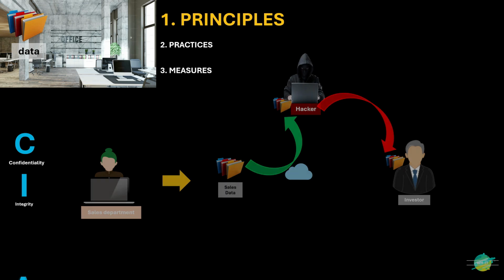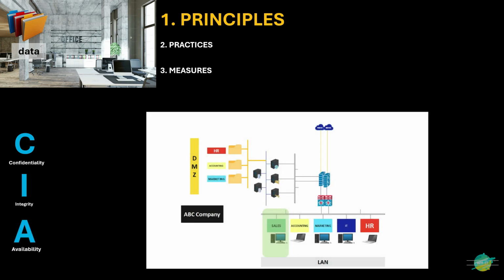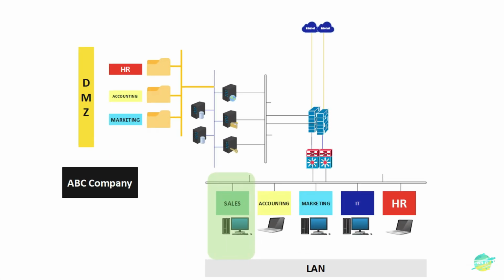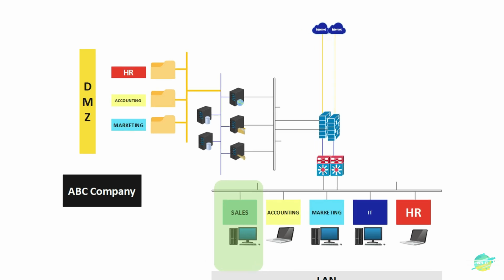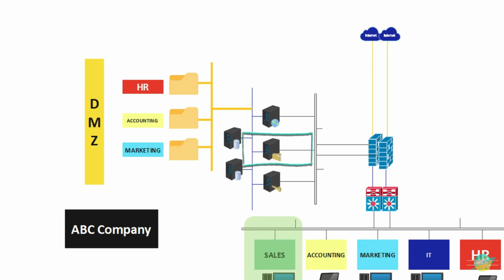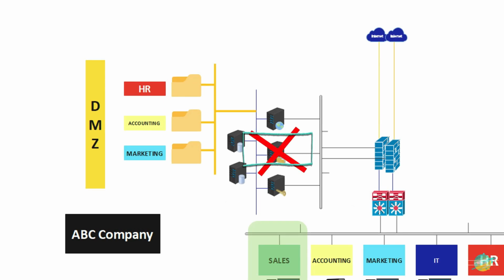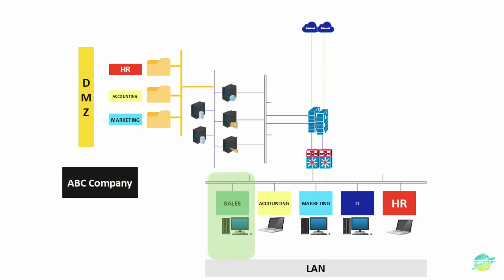Now the third one is availability. The principle says you need to make sure the data is available. For example, 10 persons are sitting inside the sales department, and they are accessing one of these files and making changes from their desktop to this specific file. Now let's say somehow that server goes down, then how are they going to access that data, right? So you need to make sure that the file is going to be available, whether the disk crashes, whether the server crashes, or whatever it is. You need to make sure that the file can be accessed by all these users, right? So that comes under availability.